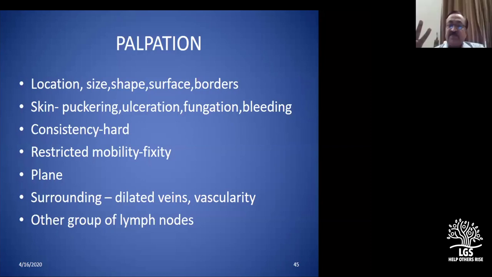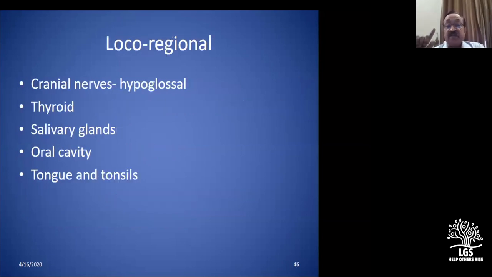Nerve examination is mandatory. Don't forget the sympathetic system. Remember that Horner syndrome other day we saw. Our books have given no doubt the hypoglossal nerve, but it is your duty to see that the hypoglossal nerve is examined properly. The sympathetic system has to be examined. And don't forget thyroid. I know this may not be in this patient. You can have a male patient with neck nodes with a solitary nodule in the thyroid.